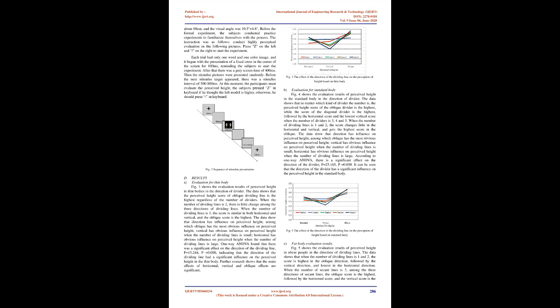After that there was a gray screen time of 400 milliseconds. Then the stimulus pictures were presented randomly. Before the next stimulus target appeared, there was a stimulus interval of 500 to 800 milliseconds. At this moment, the participants must evaluate the perceived height. The subjects pressed Z on the keyboard if they thought the left model is higher, otherwise, they should press /